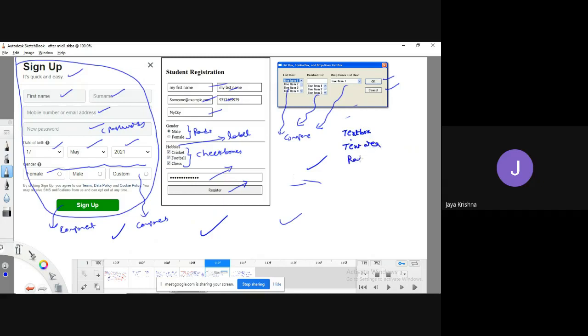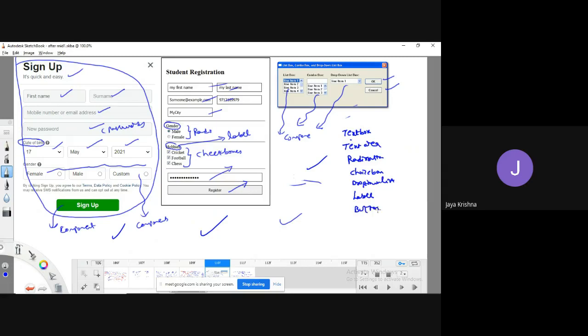Can I have a radio button? Yes. Choice box or drop down list is there or not? Yes. Label is there. Observe, guys. This is a kind of date of birth or some kind of thing. Hobbies is a kind of label. Gender is a kind of label which will give more look and feel. So everything is a label.